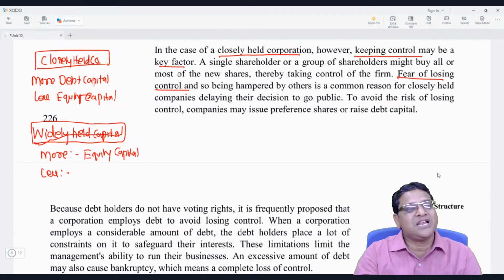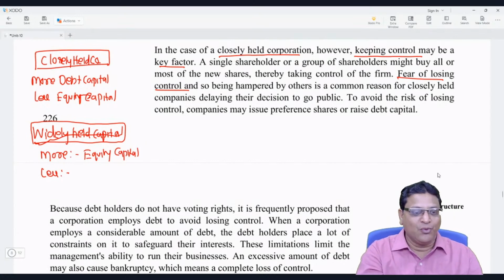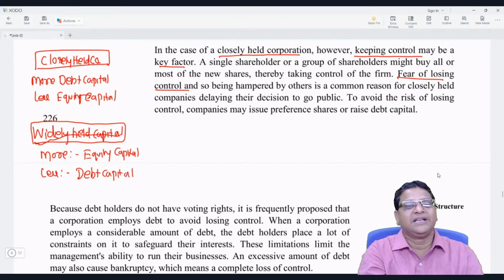But in a closely held company, there are very few shareholders, and if new members come, they generally do not feel better. In that case, a closely held company uses more debt capital and less equity capital, and a widely held company uses more equity capital and less debt capital. This is the case of control